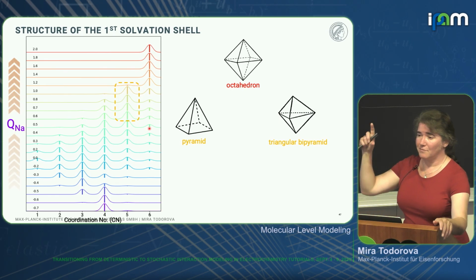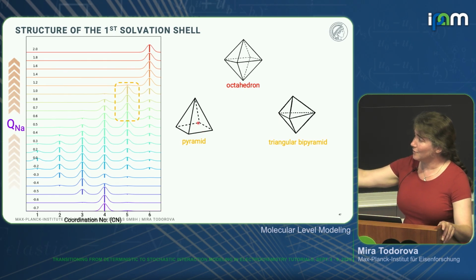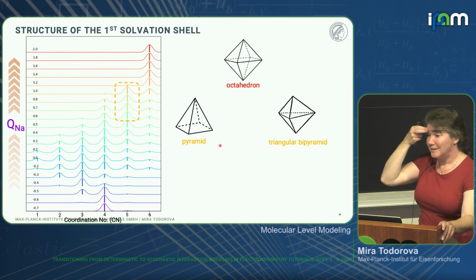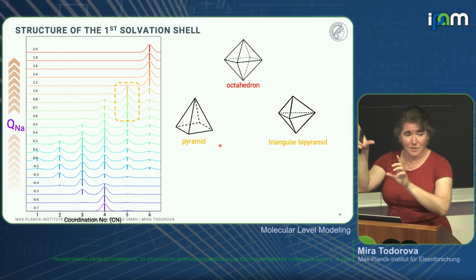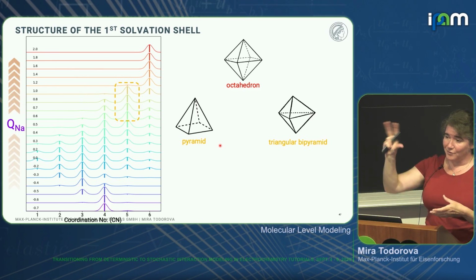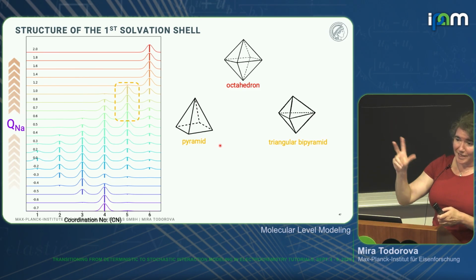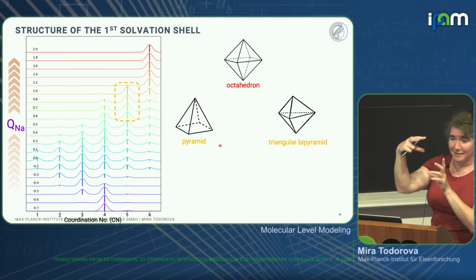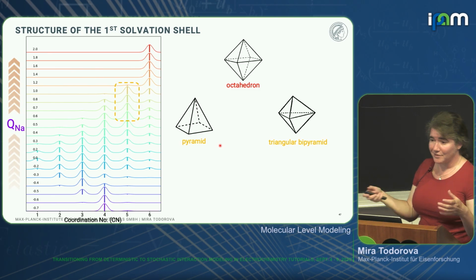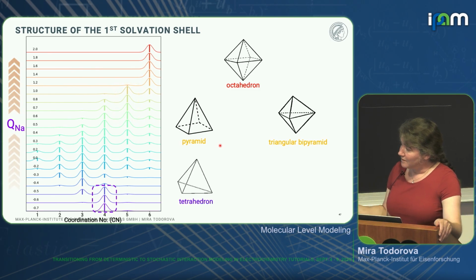So just imagine in the middle you have your sodium, and these are the water molecules that are coordinated to it. He just looked at the water molecules and saw what kind of arrangements they form. Of course, if you are running an MD, this will be rotated, so you don't see a pyramid or a bipyramid, but in any snapshot that you look at, this will be the dominant distribution. Then if you go to negative coverages, which for the sodium are probably not so relevant,